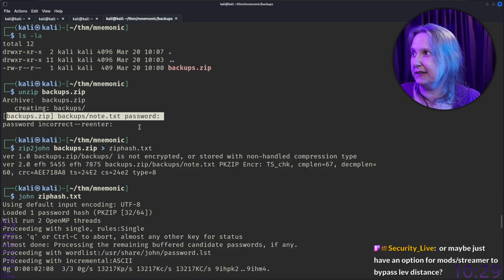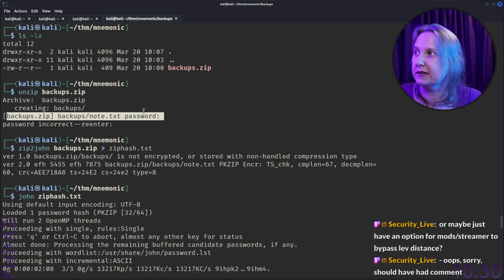Security Jive says: to enter the question. Or maybe just have an option for mods/streamer to bypass lev distance. Yeah, that would be great. But of course, my bot account is a mod, so it would bypass. But maybe you don't want all of your mods, just their normal comments, to be not Levensteined.